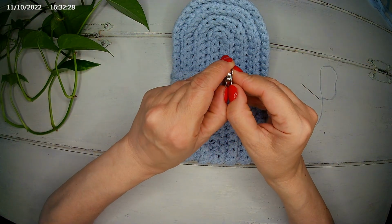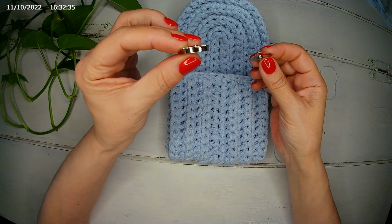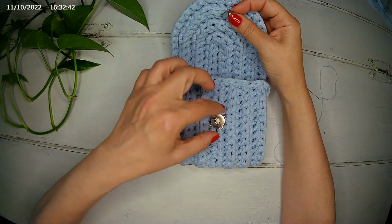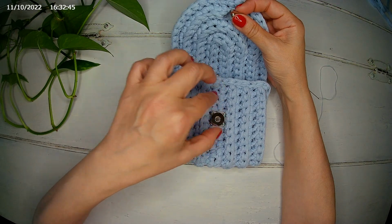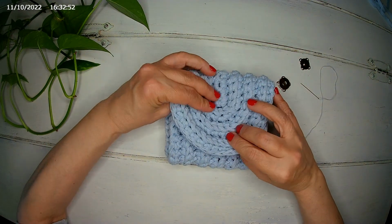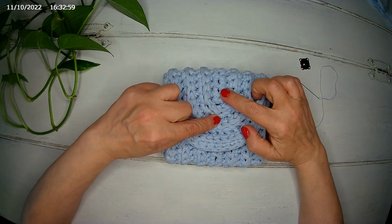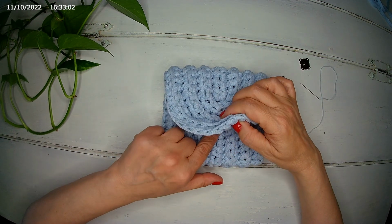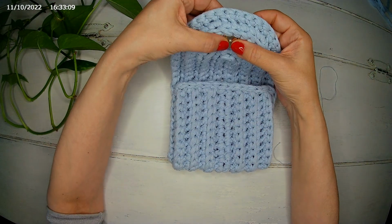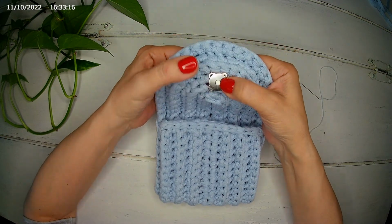So we have our magnetic button. We have two sides, the skinny one and the little fat one. The skinny one goes on top, where you decide to go, and the fattest one goes on the bottom. To decide where I want my closure, I just try to find the middle. Usually from here, the center, I want my closure here. I just put my skinny piece here, and we can start